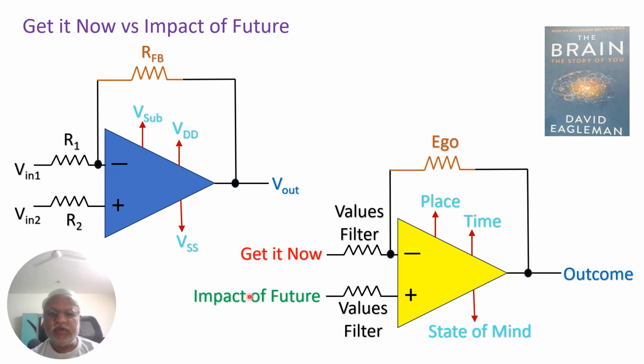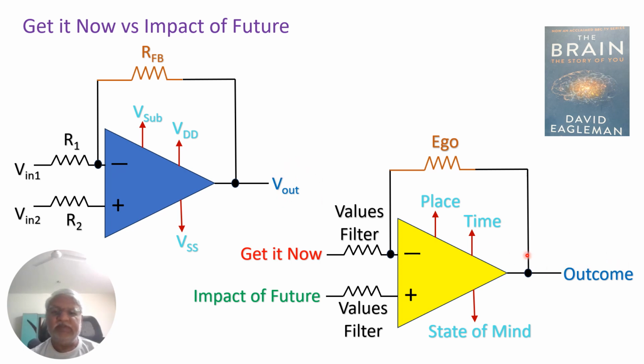These are the two inputs, similar to here, and there are resistances here. Similarly, we have values filter, or you can consider it sometimes as inertia. Because of these things, and there is one more feedback resistor, which is called ego, similar to this feedback resistor,